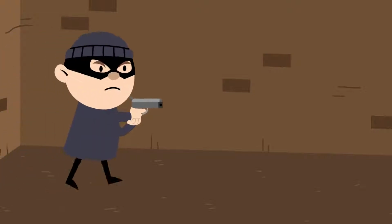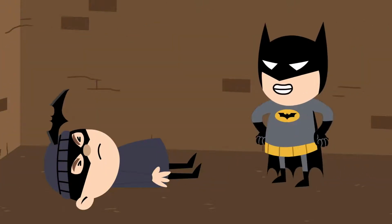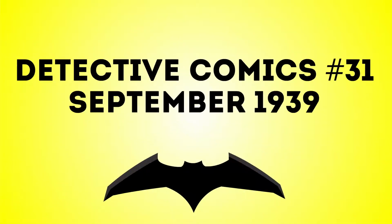When molded into the right shape, like, let's say a bat signal, metals can do amazing things, like stopping crime dead in its tracks. Metaphorically speaking, of course, we all know that Batman doesn't kill, even though he probably could with these metallic masterpieces. Created by writer Gardner Fox, the Batarang first appeared in Detective Comics 31 in September 1939